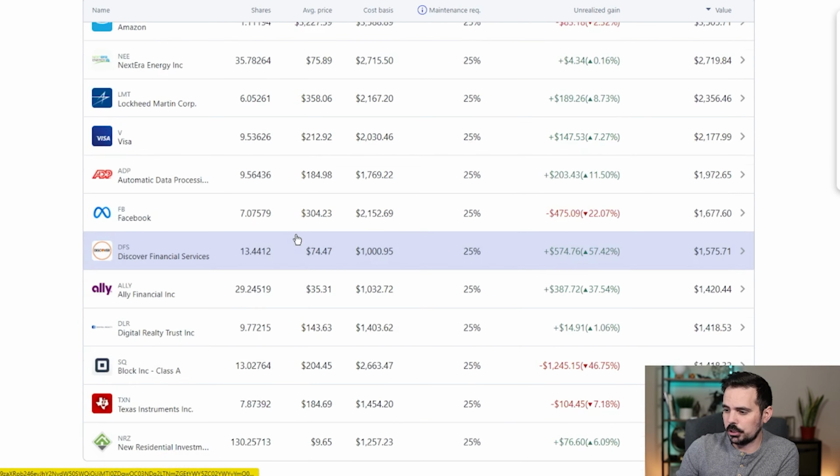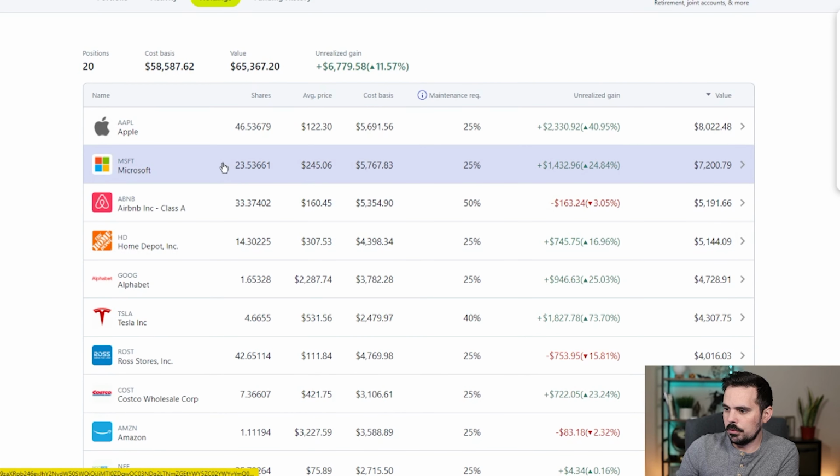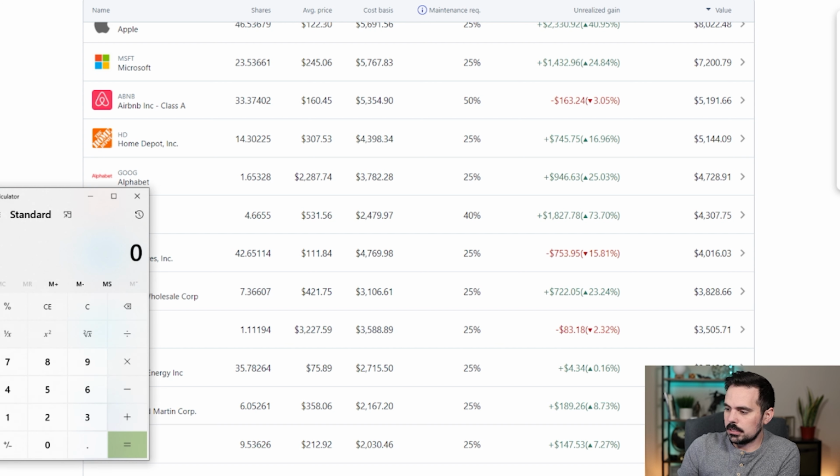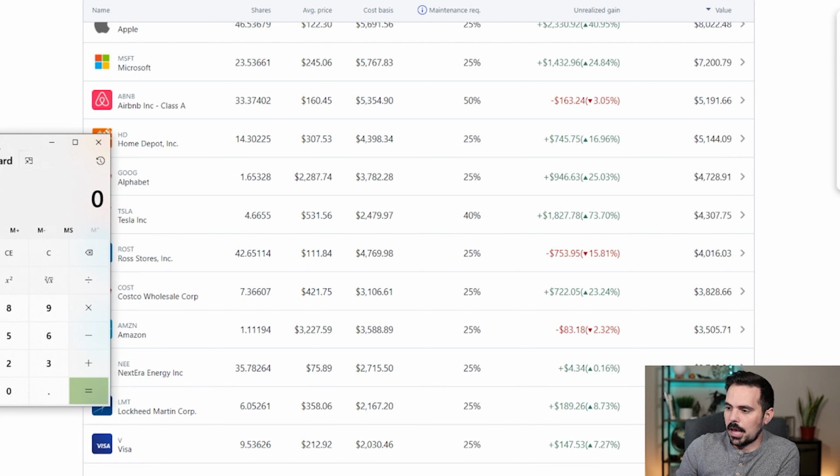But if I'm building my position now, all the better, because with Google, I own a little over 1.5 shares. There it is. I own 1.65238 shares, and they just announced a split recently of 20-1, which is insane. It doesn't do anything for the actual fundamentals of the stock, but for anybody that's curious, just as an example with fractional shares...